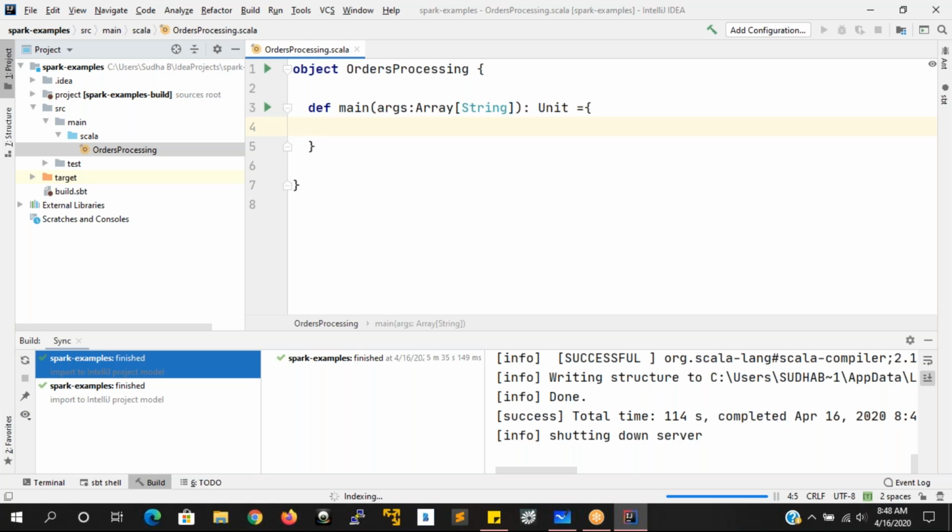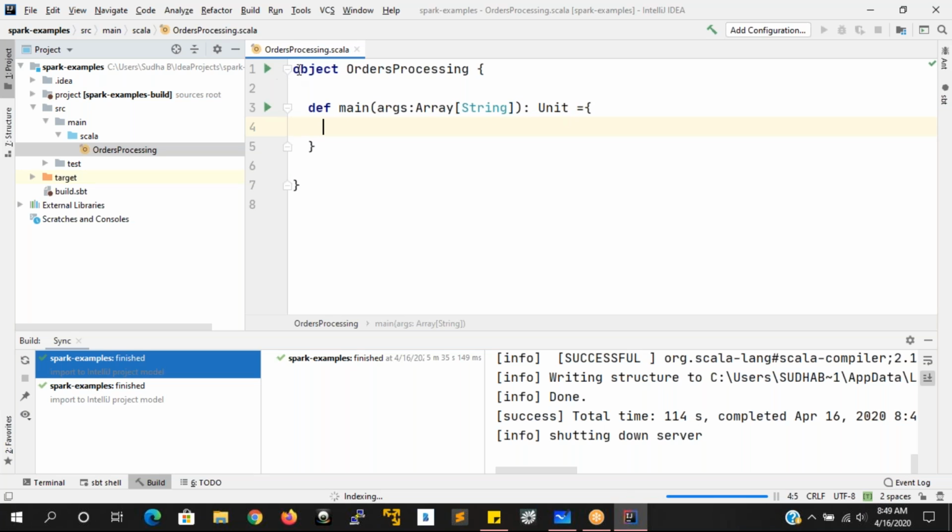It is going to automatically pick the Unit. If you are not writing anything, then it will return Unit. Unit is nothing but which is not going to have any data in it. So that is the syntax it is going to take. When you press tab, it will automatically pick up the exact syntax here.